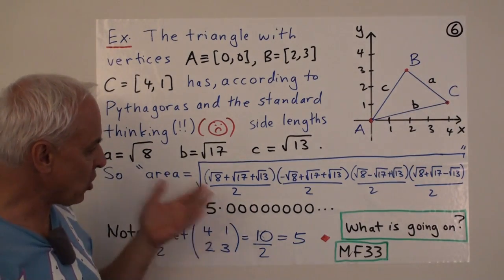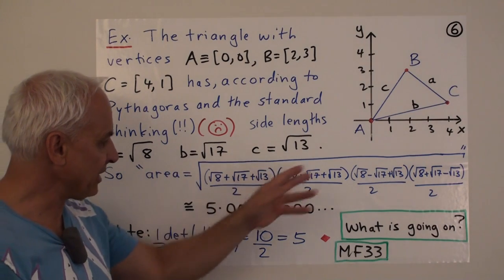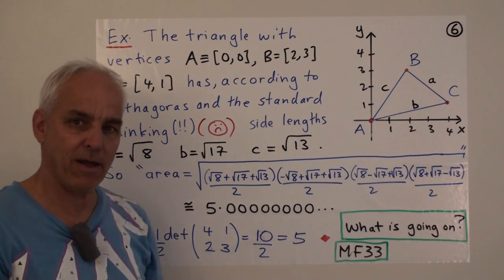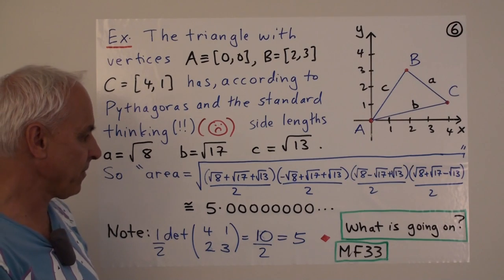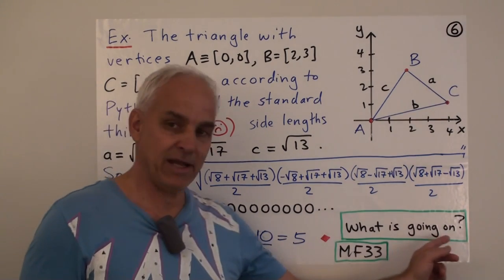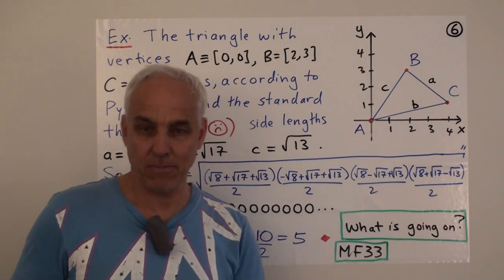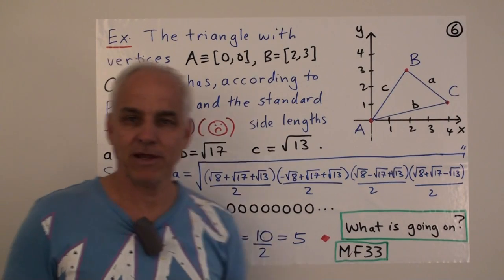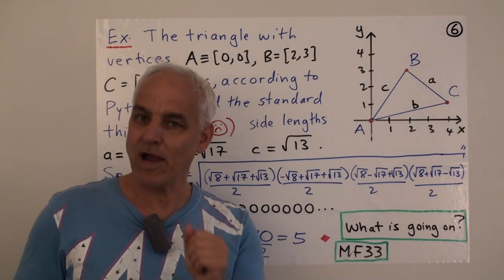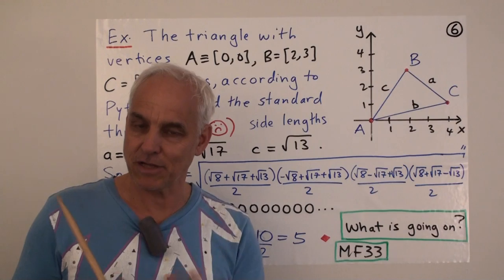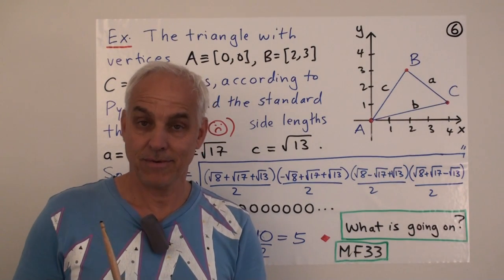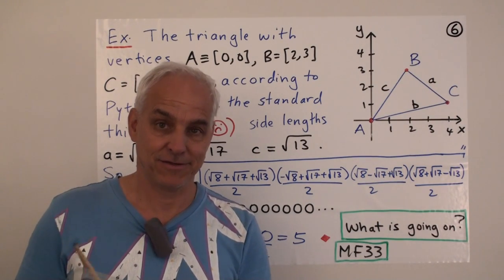Why is it that in this context the irrationalities of Heron's formula somehow magically disappear? It's suggesting that we don't really understand what's going on, that perhaps Heron's formula is not entirely the right way of thinking about this particular situation. That turns out to be exactly the case.